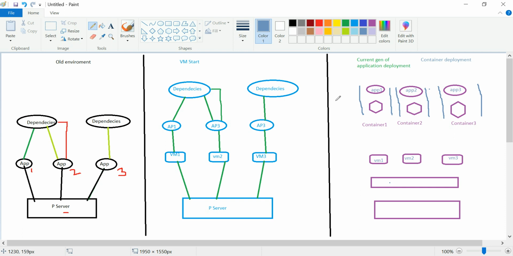So you can write it here: OS, library, and application.